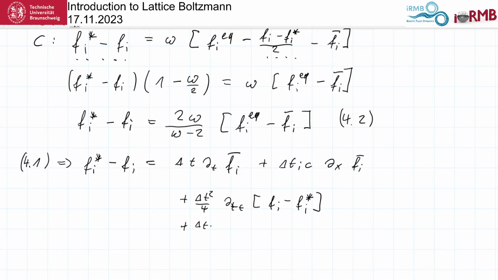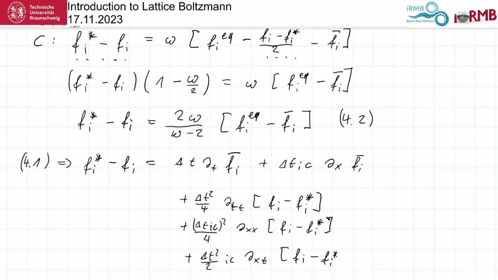Then ic square divided by 4 dxx fi minus fi star, plus dt square half ic dxt fi minus fi star, and all of this is of the order of delta t, and the rest is of the order of delta t squared. So now